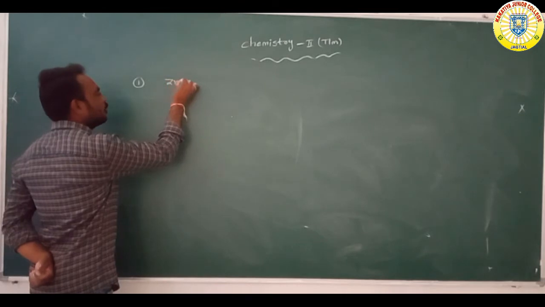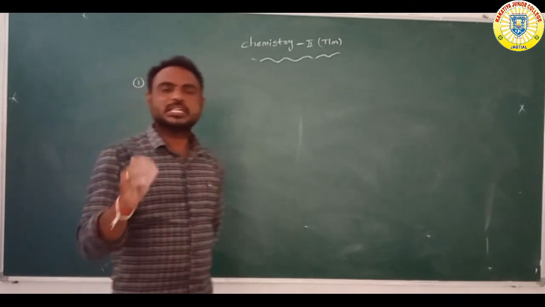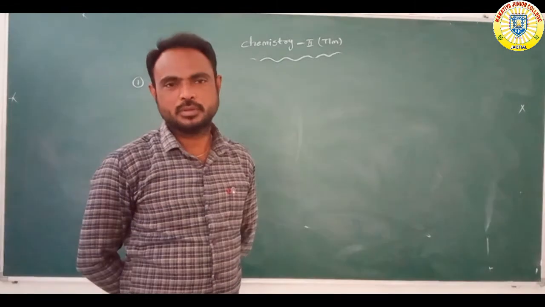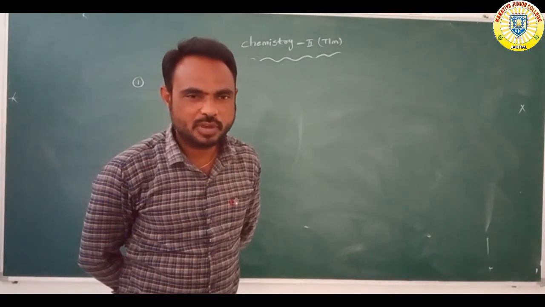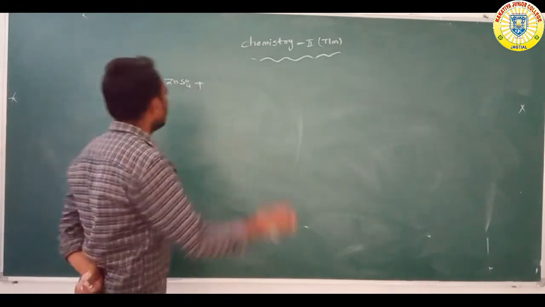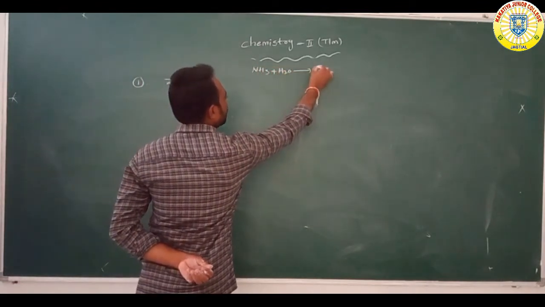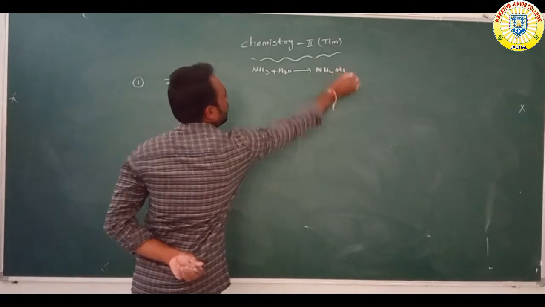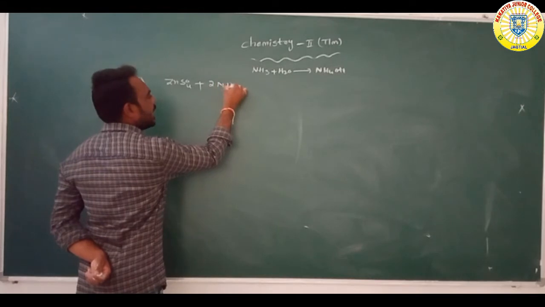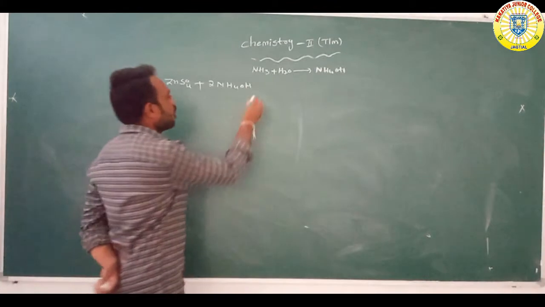ZnSO4, zinc sulfate. The zinc sulfate reacts with ammonium hydroxide solution. Ammonium hydroxide solution is formed by the combination of ammonia NH3 and H2O, water molecules, to form NH4OH, ammonium hydroxide. When zinc sulfate reacts with NH4OH, ammonium hydroxide,